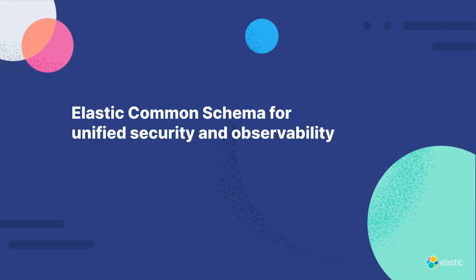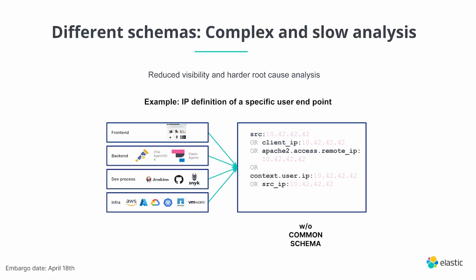Now, I just want to talk a little bit about our recent contribution to the CNCF and OpenTelemetry projects. We recently donated the Elastic Common Schema for a unified observability and security schema. In the bad old days, we used to have this situation where messages from anywhere, any telemetry source, logs, traces, metrics, anywhere really, would have a different name for the same piece of data, which creates a nightmare because you end up with this